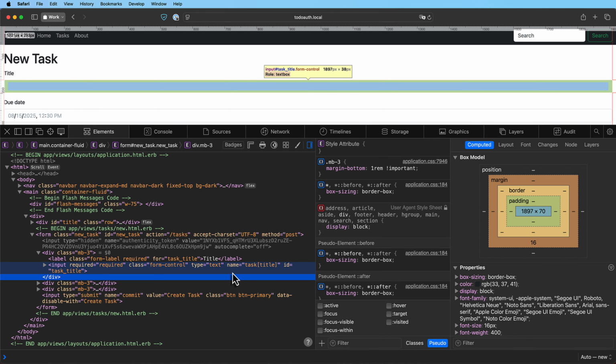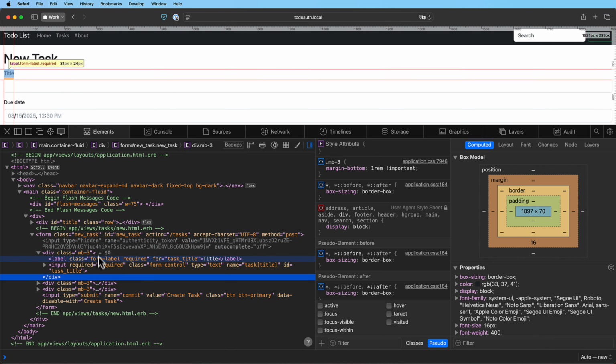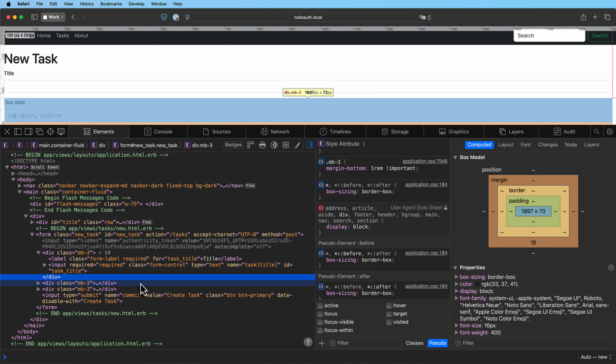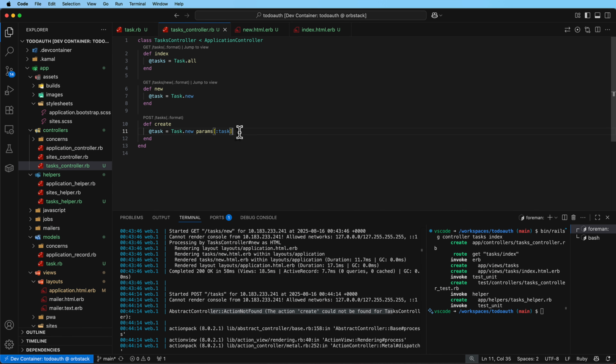Now, the problem with mass assignment is there are some security concerns, because anybody can come in here in their inspector and add some more HTML fields. Let's say they're editing their user account, they can try adding fields like admin and setting it to true, so that when we do the mass assignment, we could accidentally allow the user to become an admin when we don't want them to. So what we need to do is whitelist and only list out the stuff that we want the user to be able to set. And so we say expect. So we're saying that we expect the task with a title, due date, and priority, and that means that anything else they try to send along the way will get erased from our parameters